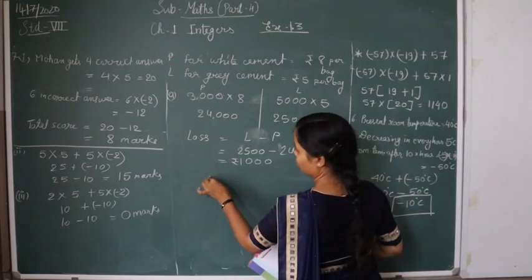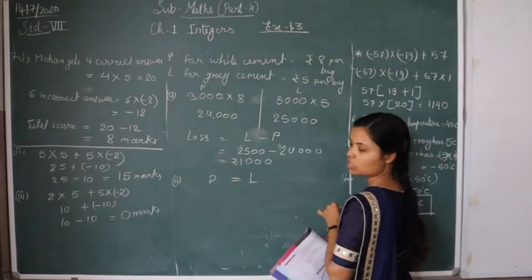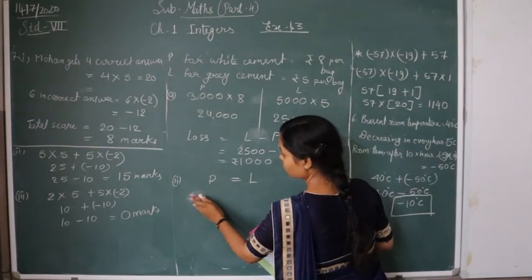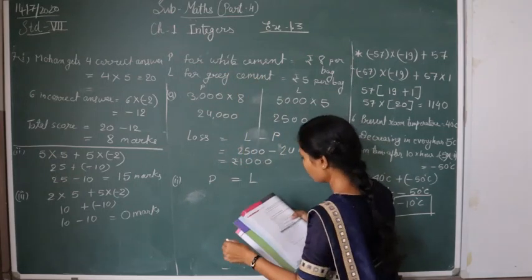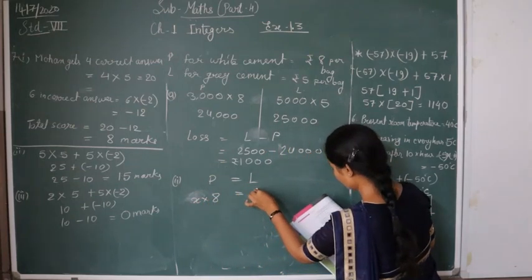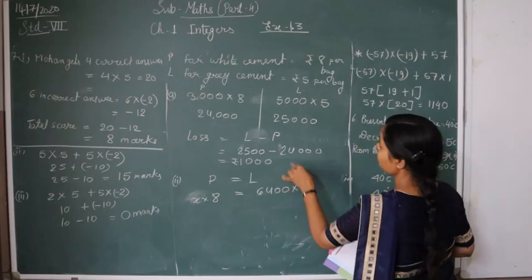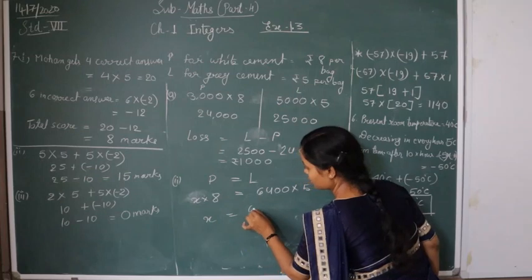From here we know profit is equal to loss. Profit is related to white cement. So X into white cement rupees 8, and the loss is 6,400 related to grey cement. Now find the X